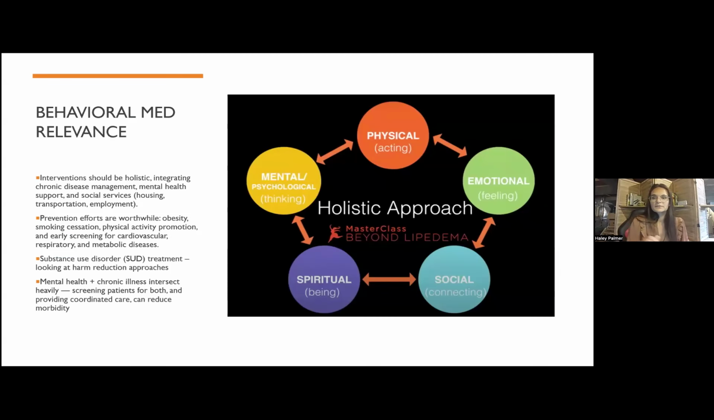I will keep us moving along so we can save some time. Someone mentioned a holistic approach earlier. I really appreciate that because that's exactly how we can begin to manage these types of things with our patients. Intervention should be holistic, integrating chronic disease management, mental health support, and social services. When we're meeting with patients, whether it be on a BMed type of intervention, primary care, case management, et cetera,